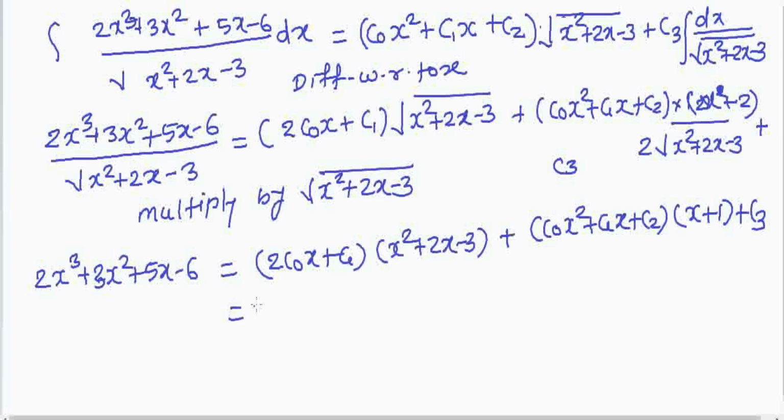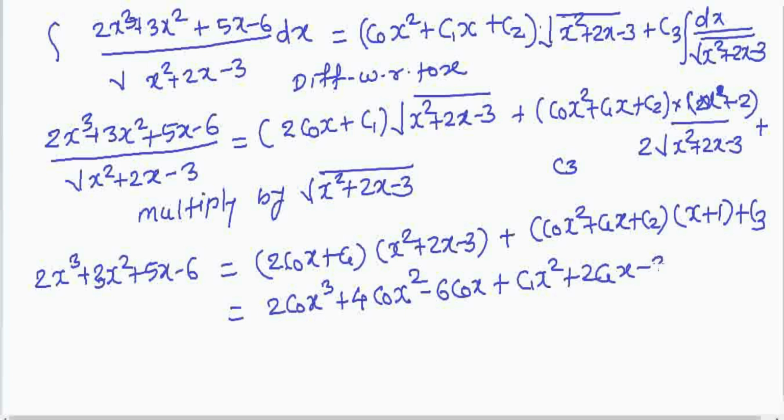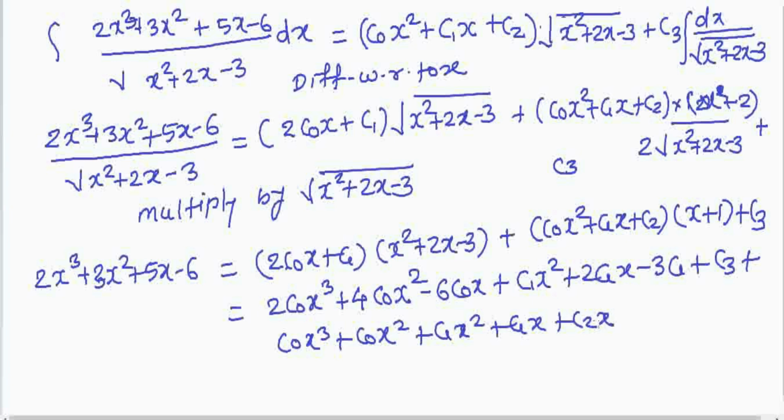Okay, now let us take multiplication. 2c0 x cube plus 2 into 2, 4c0 x square, minus 2 into 3, 6c0 x, plus c1 x square plus 2c1 x minus 3c1, plus this c3, plus again multiplication, c0 x cube plus c0 x square plus c1 x square plus c1 x plus c2 x plus c2, equal to